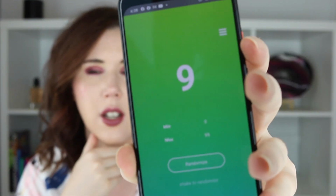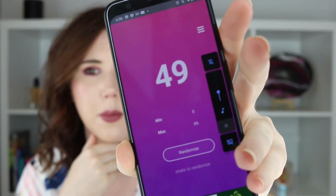Anyway, so pretty random app, and we are going to generate number 9 and number 49. Number 9 is, ooh, okay, my Bobbi Brown Bone eyeshadow, and number 49 is, ooh, the ABH Subculture palette. Ooh, interesting. Okay, so I'm gonna go get those 2 items and I'll be back in a jiffy, and depending on what I draw from the Subculture palette, I might throw in a single or 2 from my Makeup Geek